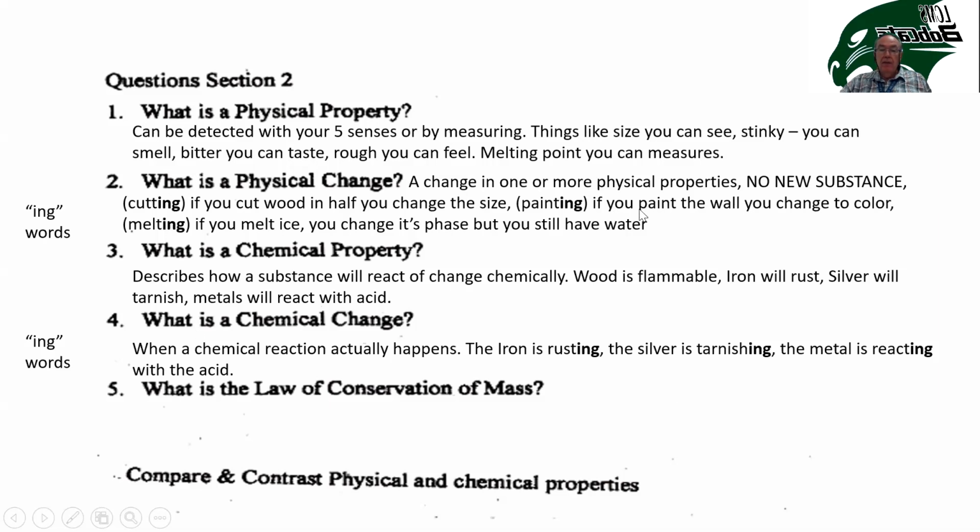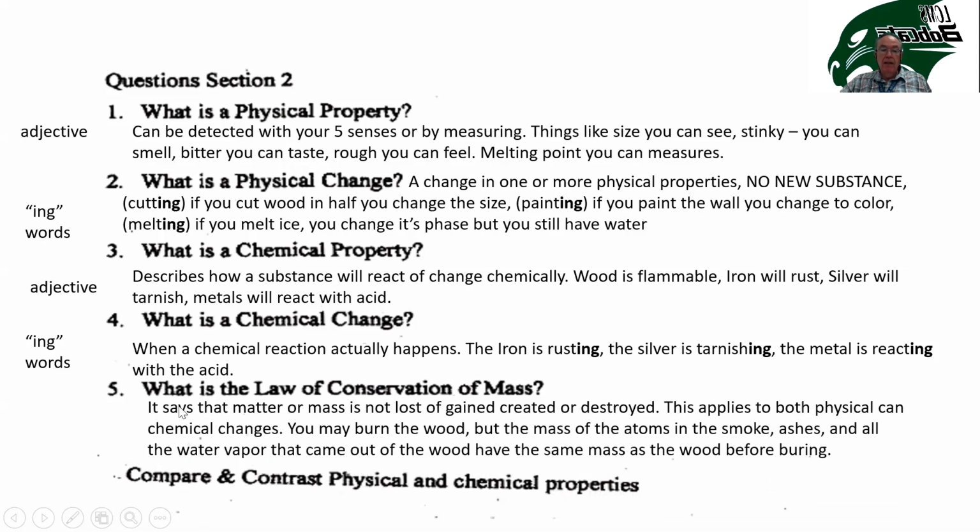And same thing with physical changes. Obviously, if you found the mass of a piece of wood and you cut it in half, it would not change the mass. Okay? So properties are usually adjectives. They're words that describe things, like the size of something is large, it's rough. Okay, and remember, there's lots of them. Pretty much every word is an adjective. Okay, flammable is an adjective. It describes a word.